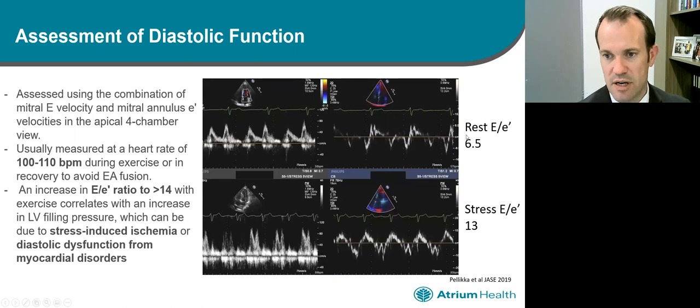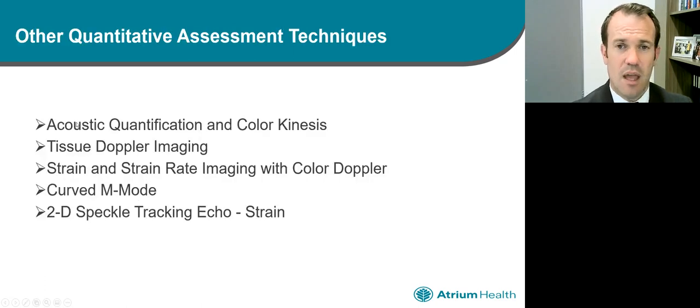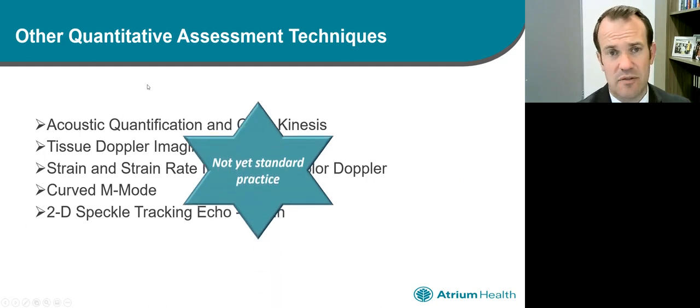myocardial disorders. And here's an example of an E over E prime of 6.5 at rest, which increases dramatically with stress. Most of our analysis, as we said, is based on visual assessment of wall thickening and wall excursion, but there are various techniques that we can try and quantify. These are all referred to in the guidelines. The reality is that none of these are standard practice just yet, and it's unlikely that you will be tested